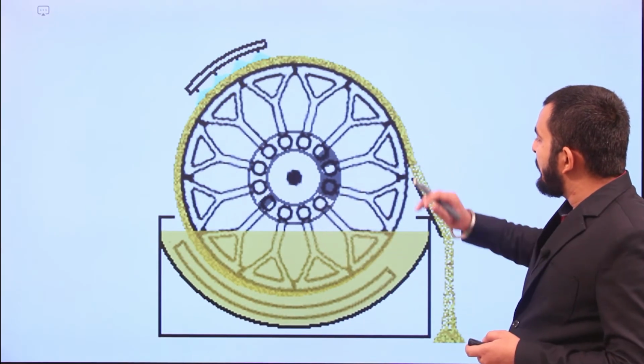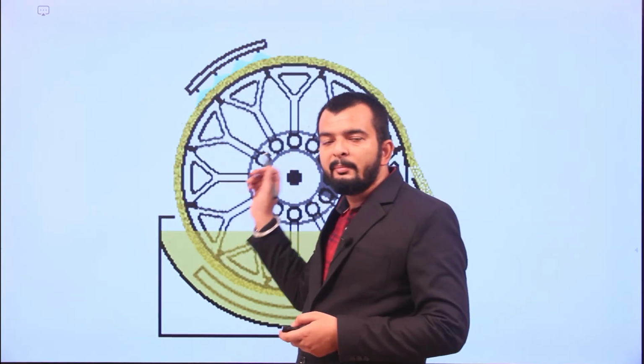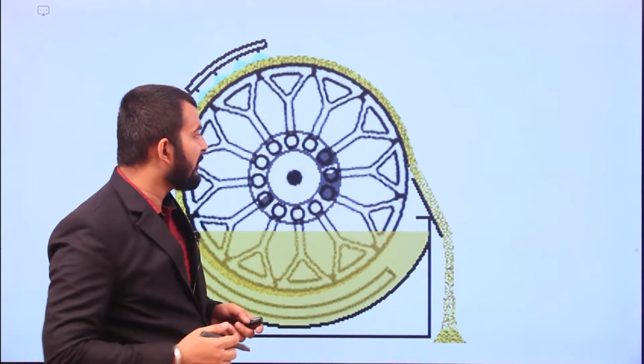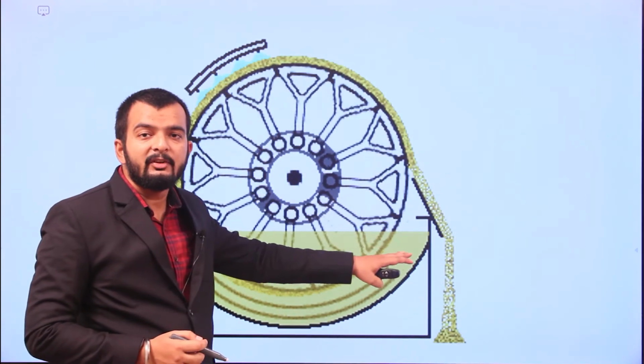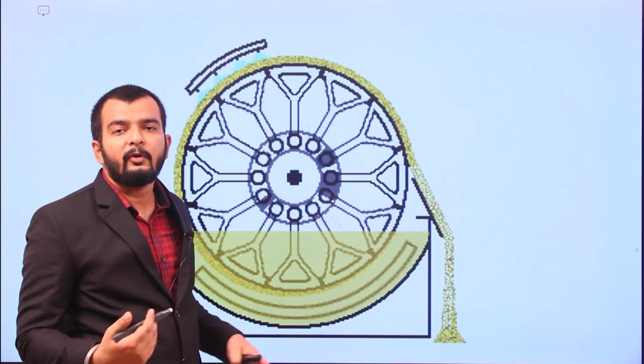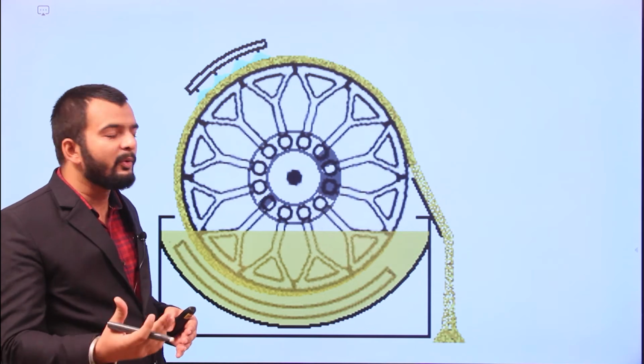So this is an example. This is a drum dryer. A drum dryer is an example of conduction drying. Okay. So what is happening is, this is the liquid or the food material which is to be dried. In this case, in case of a drum dryer or roller dryer, we are taking a viscous liquid material.